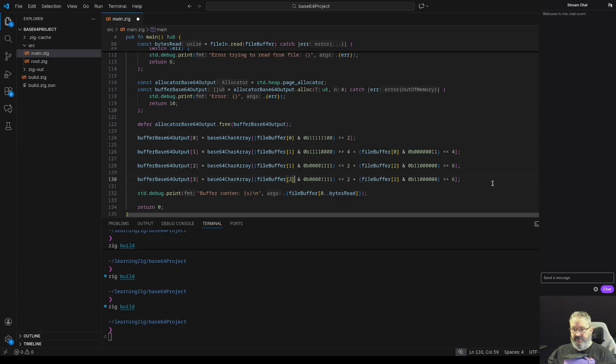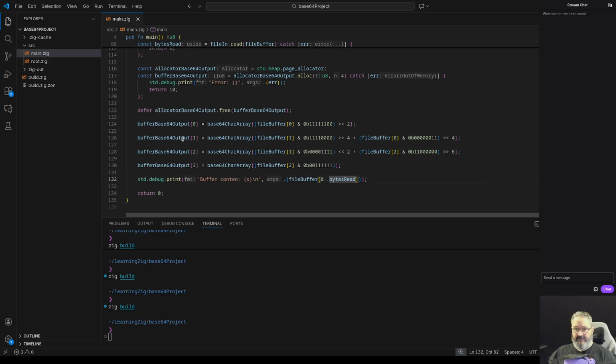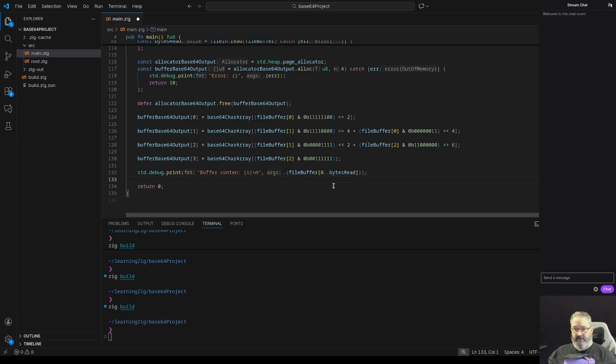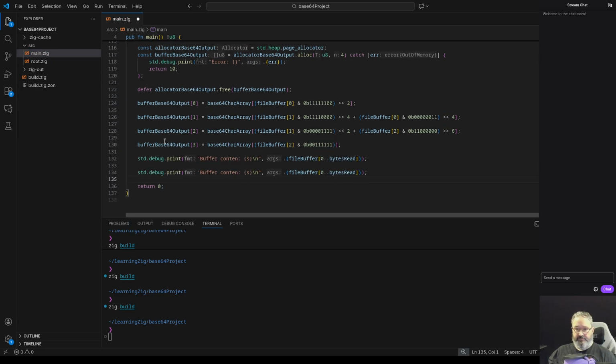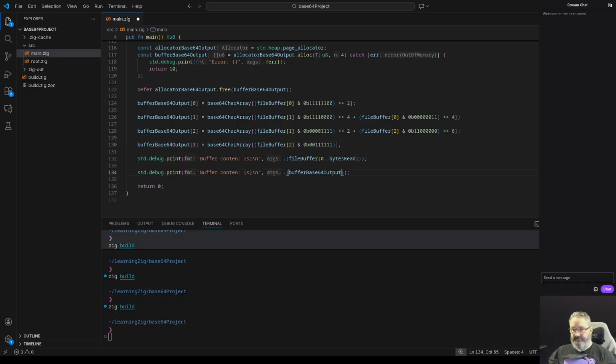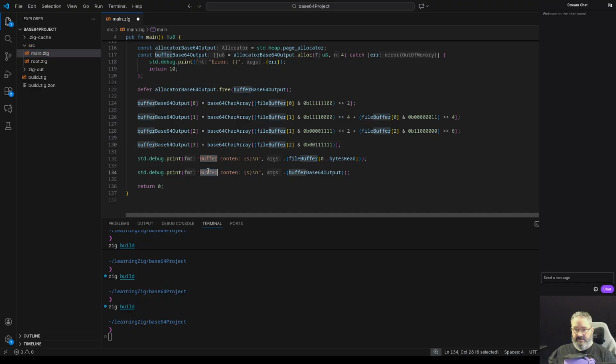Find location 2 and the last 6 bits. So that should be it. And maybe we're just able to do this